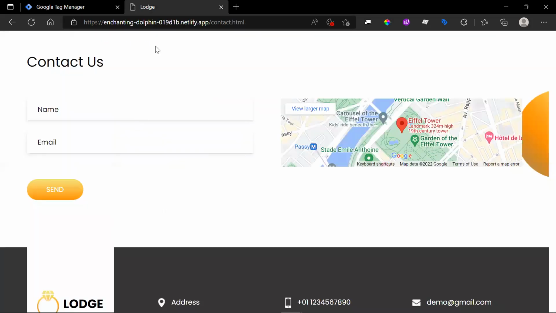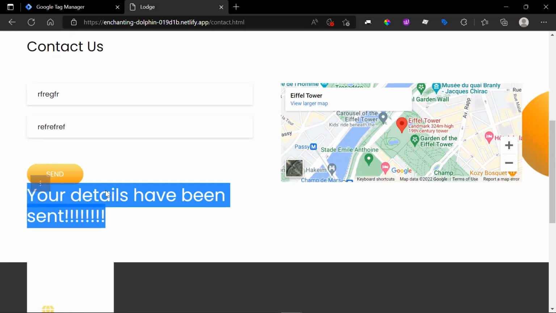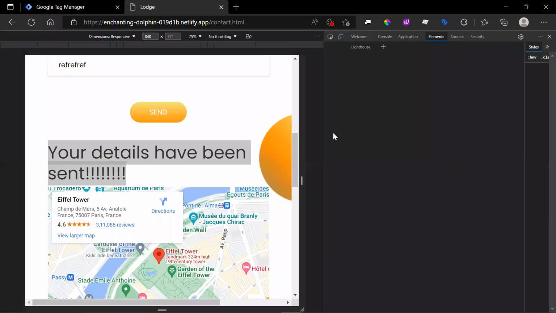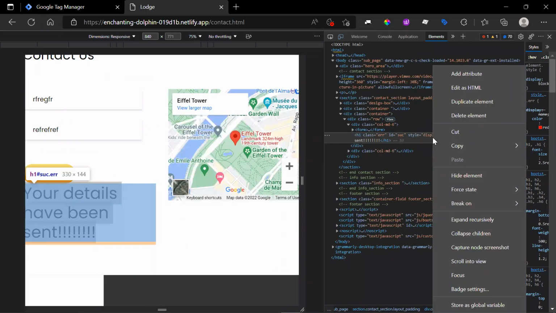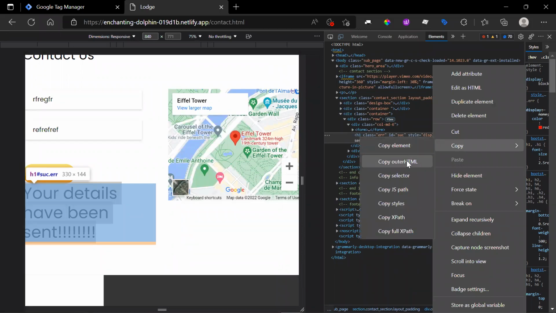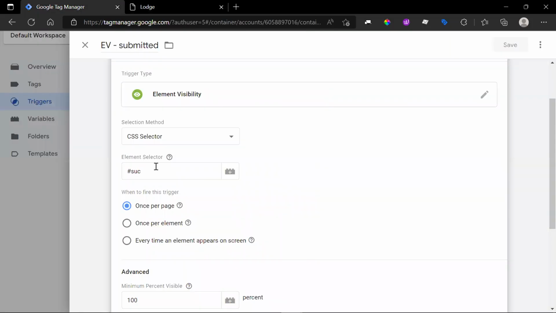And as mentioned in the previous videos, supposing I want to track the success message of this. So this is the message that I want to track. What I'm going to do is inspect this, and when I inspect it, I'll get the exact CSS selector for the same. Basically whenever this text appears on my screen, I want to fire my Google tag so I can get some information. So we'll copy the selector here